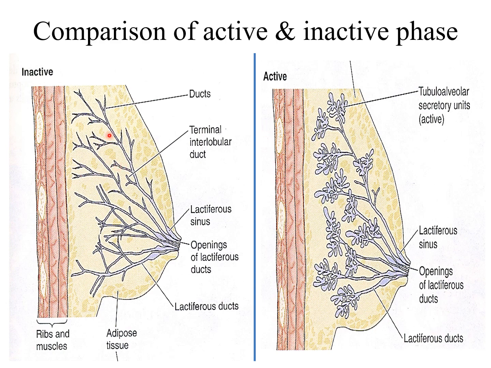Just giving an idea, this is an inactive stage of the breast when there is no lactation taking place. You can see the lactiferous ducts, sinuses, and you can see there is more adipose tissue over there. But when lactation is taking place after pregnancy, you can see the cells are proliferating and start secreting milk. So this glandular tissue will be more. So the size of the breast will be enlarged because of the dilatation of this glandular tissue, and all the milk will be produced into the lactiferous sinuses, and from there it comes out through the nipple.